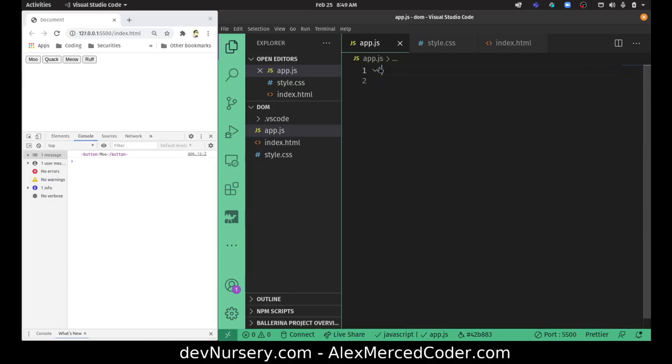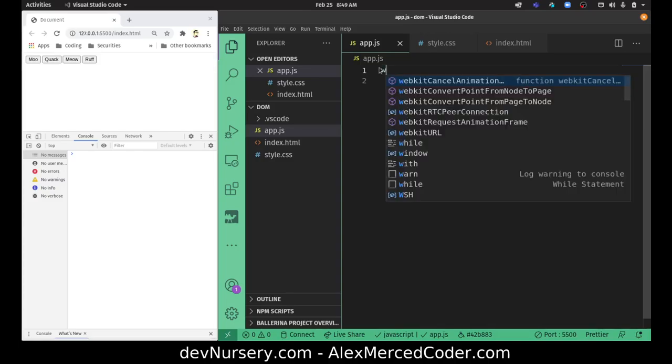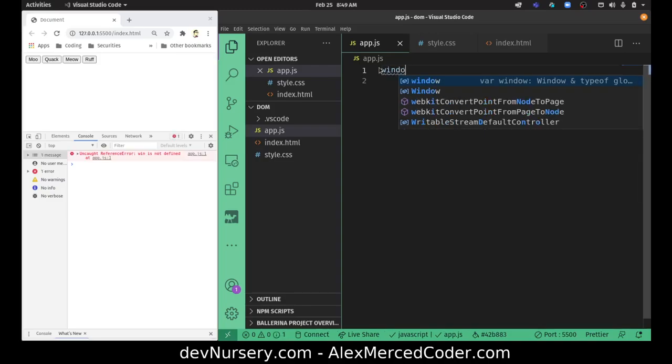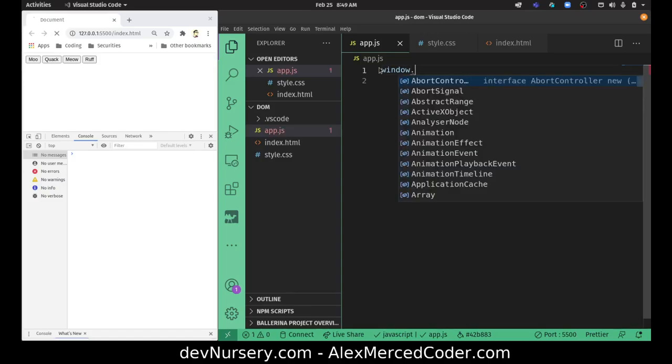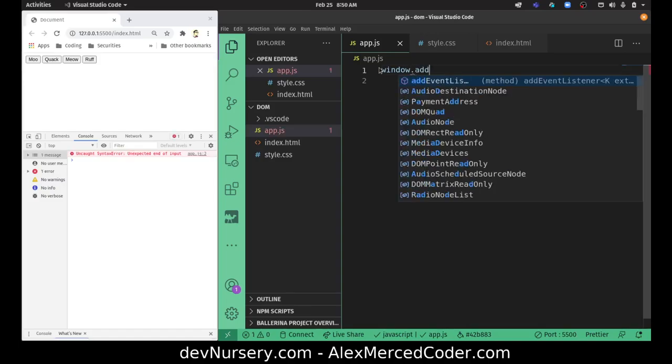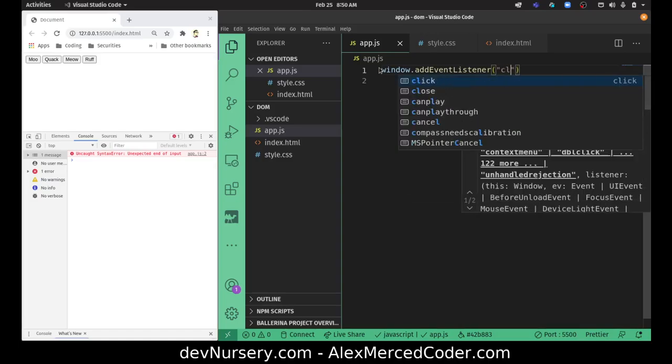But if I know there's going to be lots of things I want to click on, and I don't want to create a whole bunch of different event listeners and add all these individually, what you could do is something like this. You could do the event on the window. Again, the window represents the browser. So I can say window.addEventListener. Whenever we click on the window,